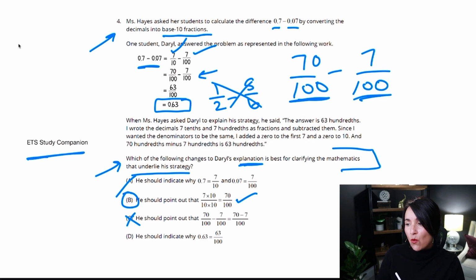And D, he should indicate why 0.63 is equal to 63 over 100. D is incorrect for the same reason A is incorrect. Sometimes you'll have similar things like that in the answer choices, and if they're the same, cross them out because you can only have one right answer for this particular problem, right? So what we want him to do is basically explain how he got that common denominator,